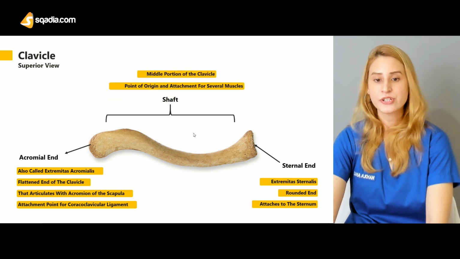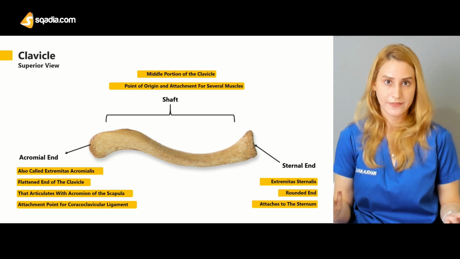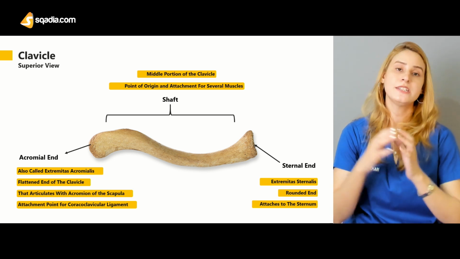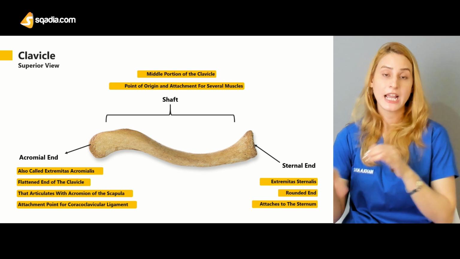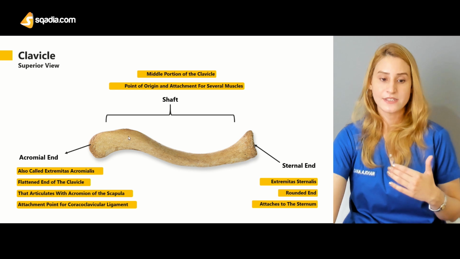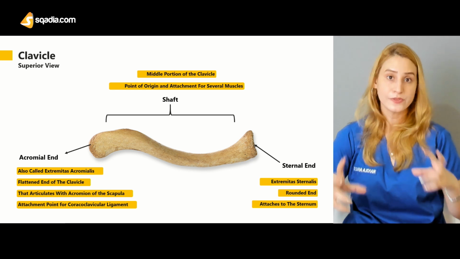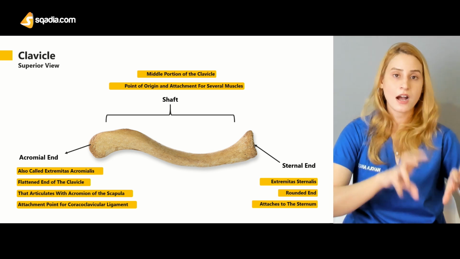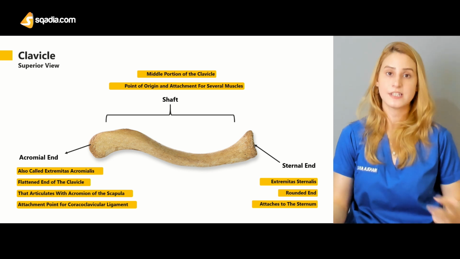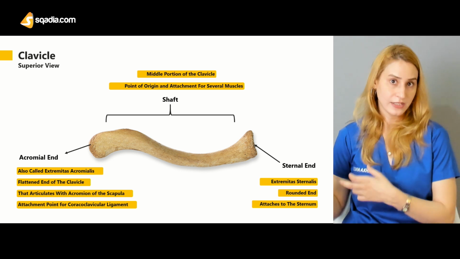Then you have the middle portion of the clavicle. This middle portion is actually the shaft of the clavicle, and we divide it into a medial 2/3 and a lateral 1/3. The medial 2/3 has a convexity here, and there's a concavity on the lateral side. That's the beauty of this bone, that it has two surfaces, a concave and a convex. So two ossification centers and two surfaces, with convexity at the medial 2/3, and a concavity at the lateral end,